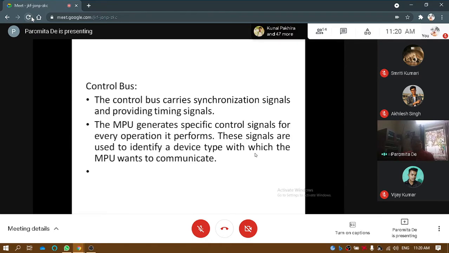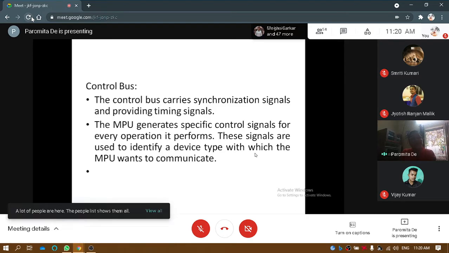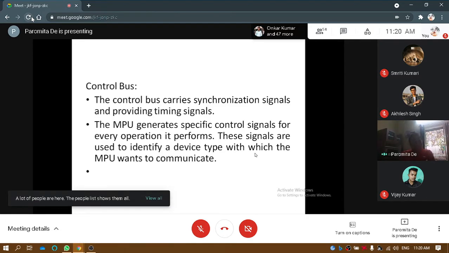So the microprocessor unit will generate the control signals for every operation. I want to do an addition operation, I will know. We will see when we discuss the 40-pin diagram what control signals are available. I want to do a read operation, then there is a read signal available. But from where do I want to read? From a memory location, or from input/output. So another signal will help me identify whether this is a memory read operation or an input/output read operation.